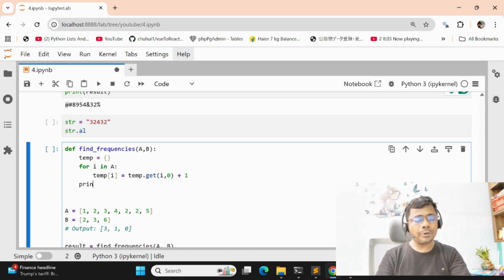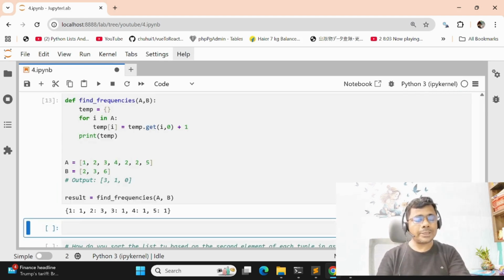Then after printing, temp returns one dictionary containing 1 one time, 2 three times, 3 one time, 4 one time, 5 one time. Here 1 one time, 2 three times, 3 four times, that will be stored in the dictionary key and value format.